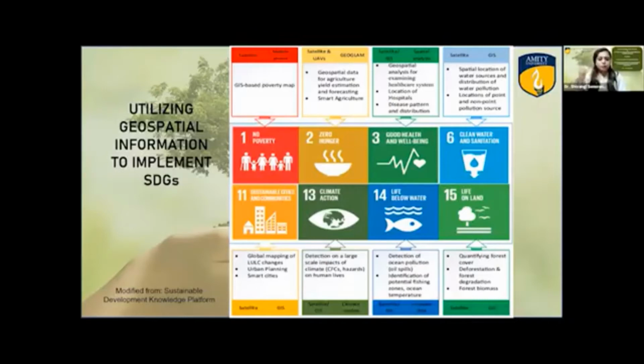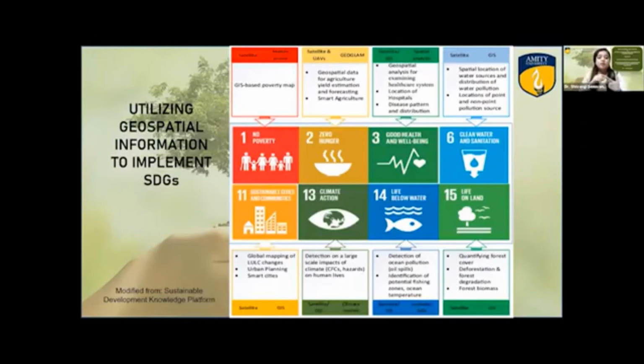So now coming to this specific figure, for example, in case of SDG 1, that is no poverty. So how can you implement geospatial technology towards the attainment of SDG 1? The visualization of indices generated from census data may indicate the spatio-temporal changes in poverty, and GIS-based poverty maps can be generated, which can act as a base for decision makers. Then SDG 2, that is zero hunger, where we already discussed that it involves promoting sustainable agriculture.